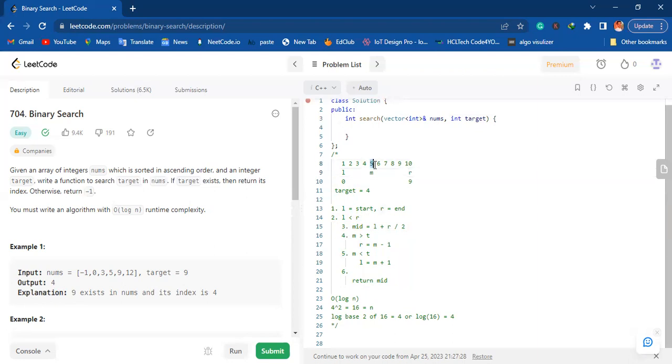So the fourth index is our mid. I can write here as 4, so that we can visualize easily. So yeah, this is the index. Okay, then what we will do, we will check. We have calculated our mid, that is at